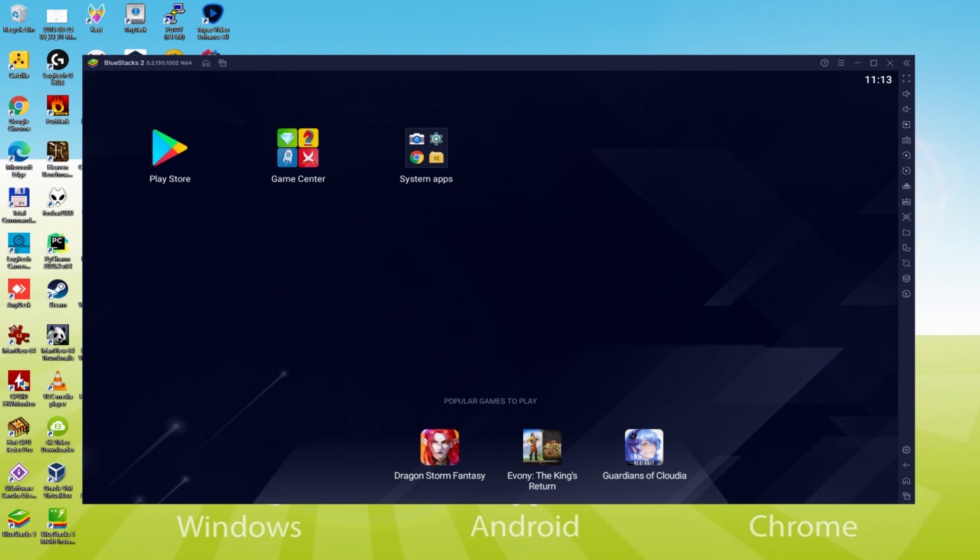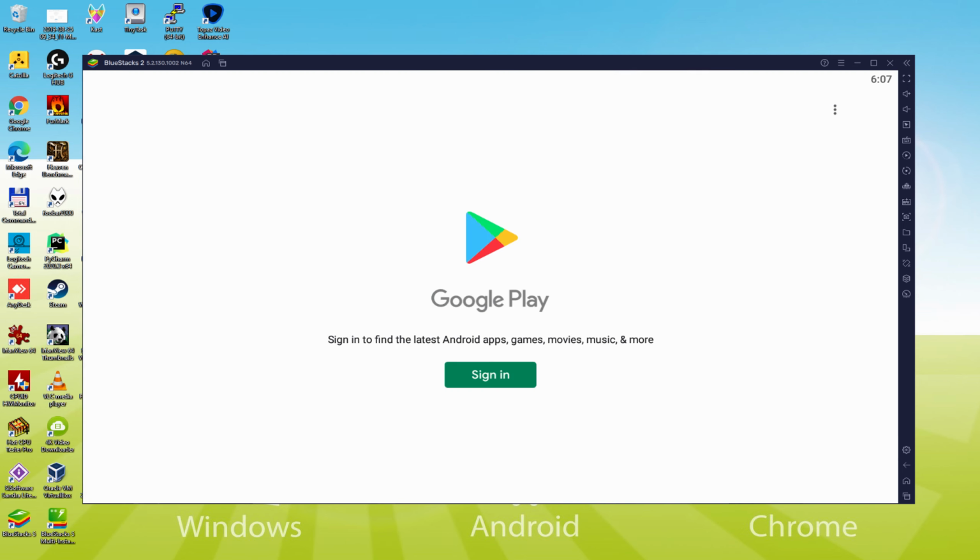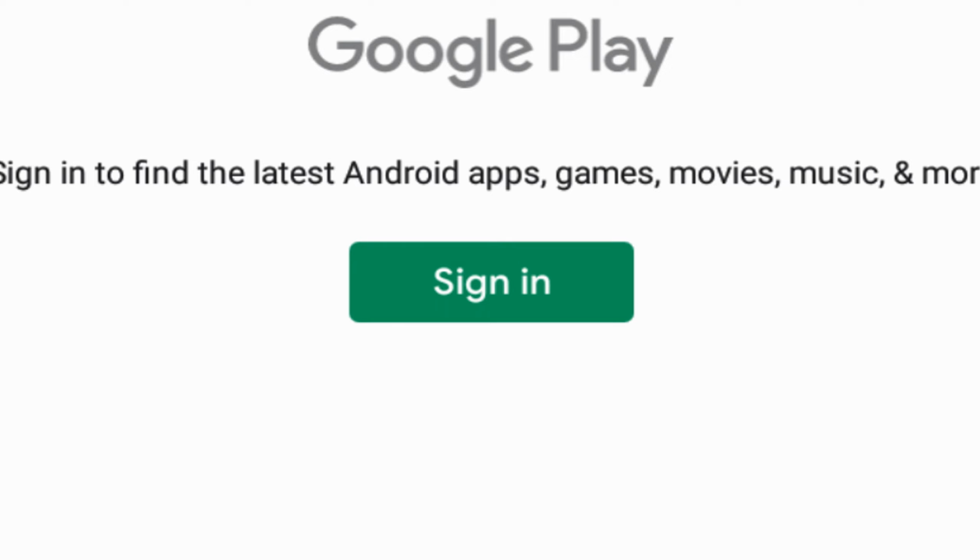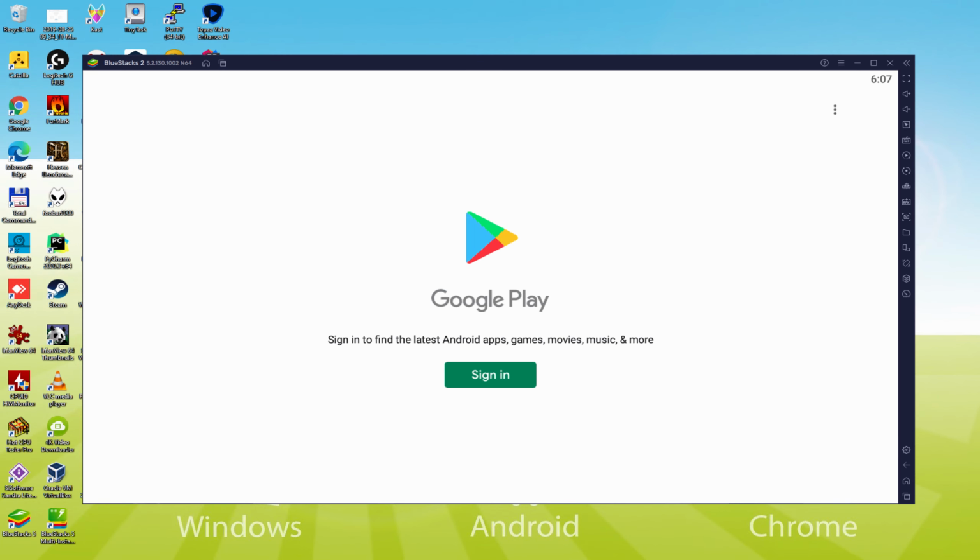Let me make the following step, which is actually a must-have, and that is to begin to browse the Google Play Store. And we'll click on Play Store. As you can see, Google Play has started. At this point we must sign in. Presently the moment we're here, we must absolutely do this next step which is obligatory. Therefore click on Sign In.